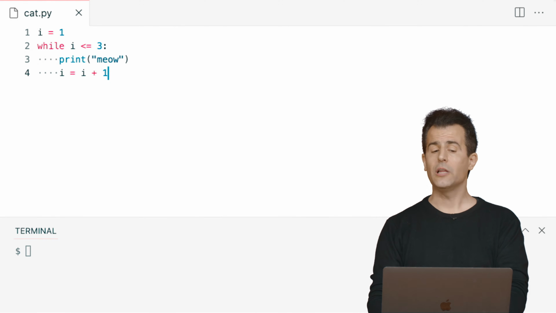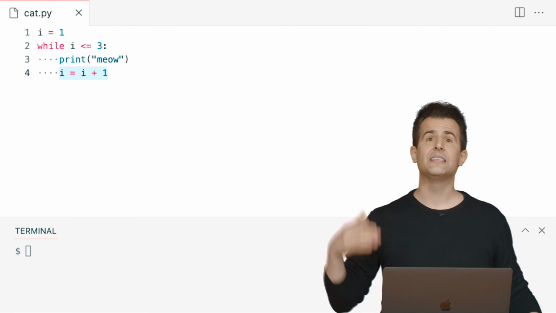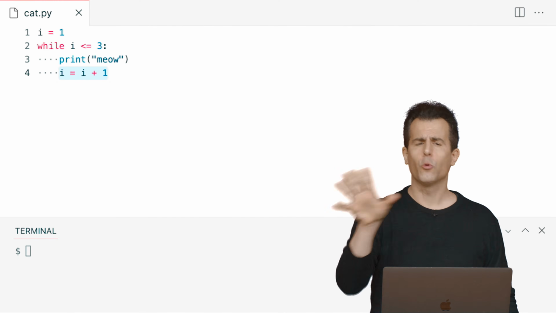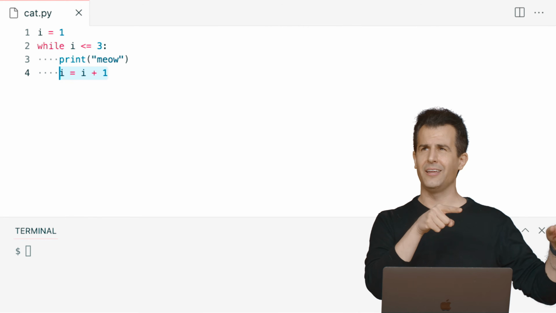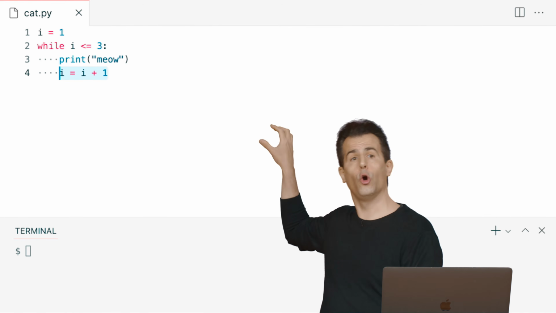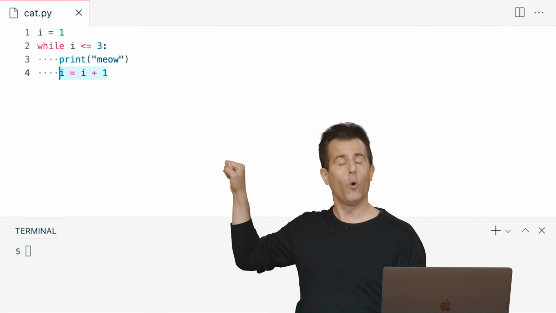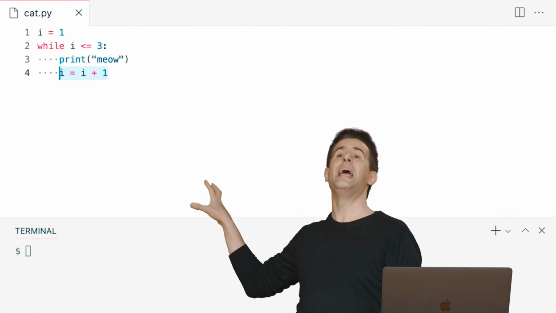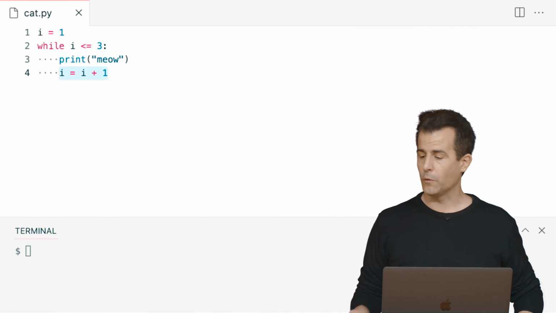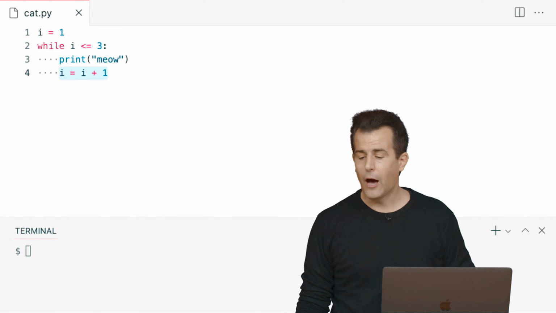And now notice, just for clarity too, the equal sign is, again, our assignment operator from right to left. Logically, this might otherwise strike you as strange. Like, how can I equal itself plus 1? Well, it doesn't until you execute this code from right to left. You add 1 to I, or you subtract 1 from I, and then you update the value of I on the left. The assignment copies the value from the right to the left. Well, how else might I do this?